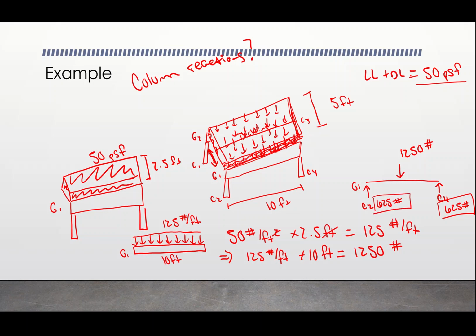So that's kind of how we're working. What I really wanted you to see in this problem is getting from the decking, squishing it down into a distributed load on my girder. I'm now taking that distributed load, doing what I usually do, multiplying by the span, and then dividing that between my 2 columns. If this was not uniform, I'd have to incorporate my moment equation, but we won't